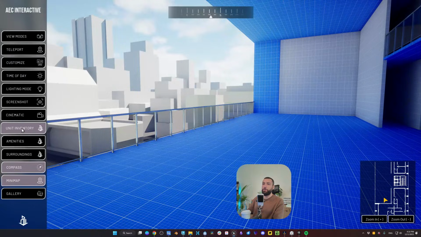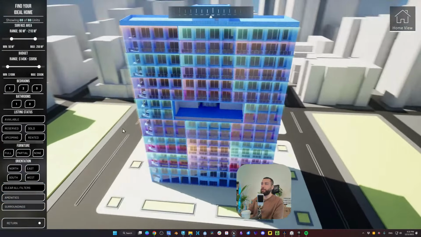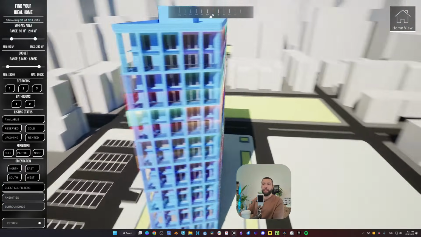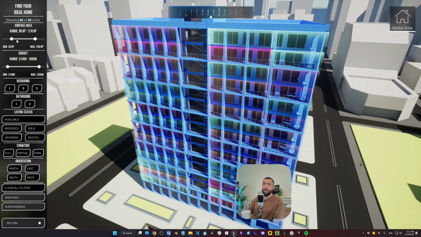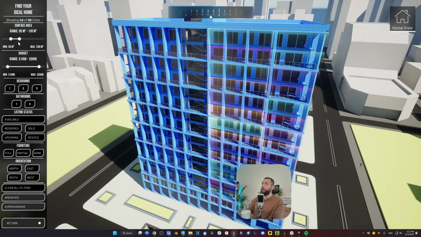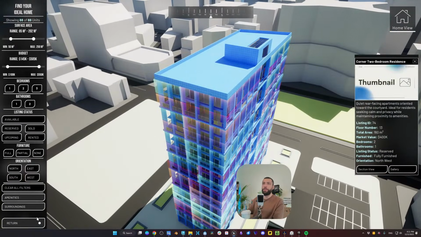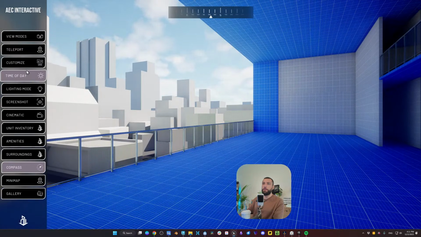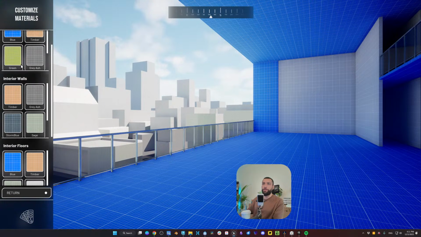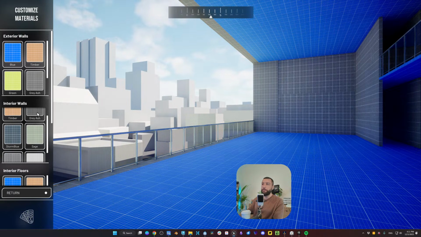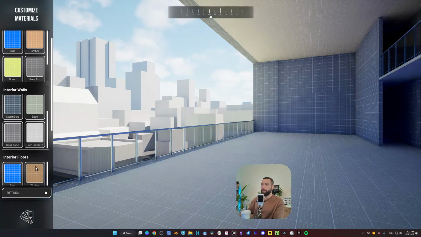Now the rest, we have unit inventory, amenities, and surroundings. We can start with unit inventory. So you may have seen my last devlog where I talk about how I made the double slider, a slider with two handles. So let me change the material of the walls to something that we can read slightly better visually.